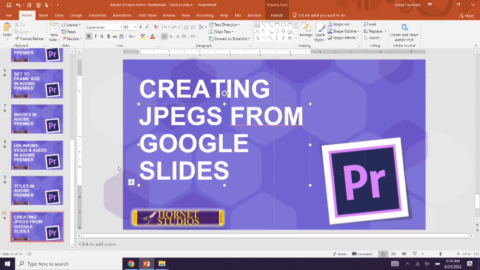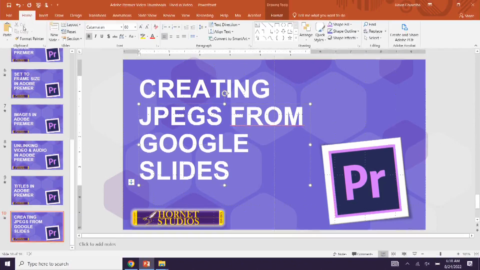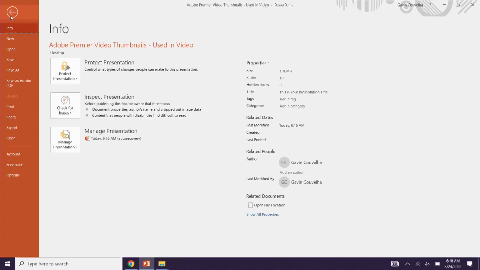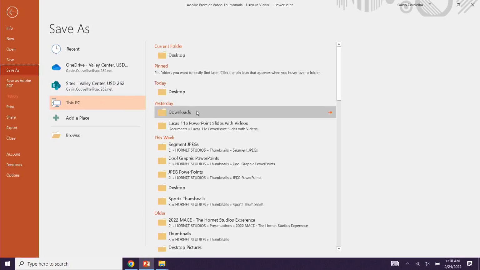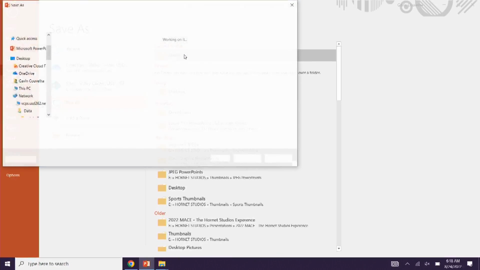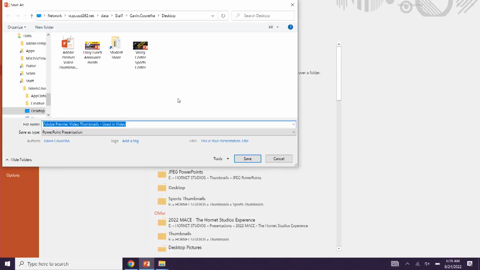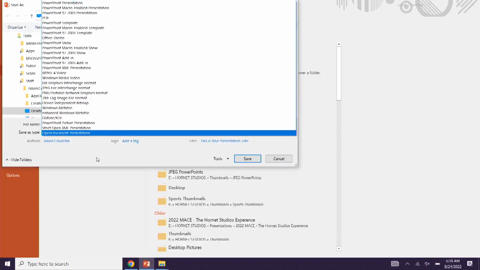Once in your PowerPoint presentation, you just simply go to File, Save As, and then you can navigate at this point to wherever you want to save your folder of JPEGs to. I would just recommend the desktop. That's the easiest location. And then right down here where it says PowerPoint presentation, I'll show that to you again,